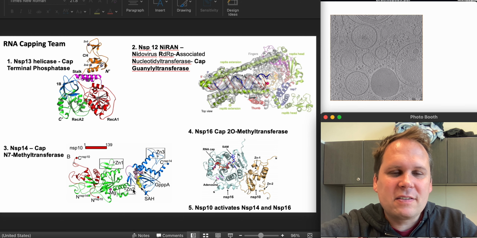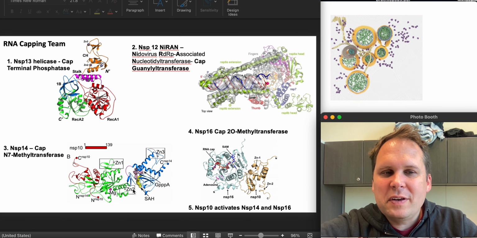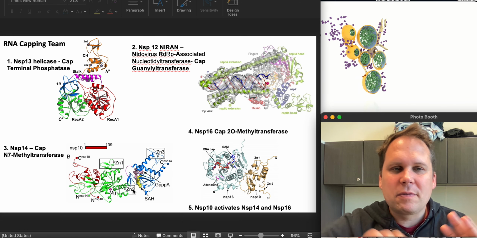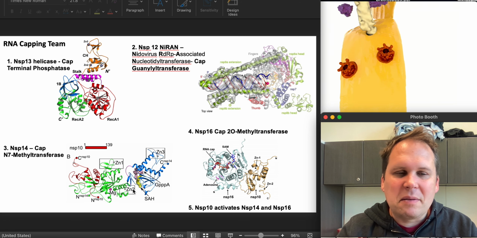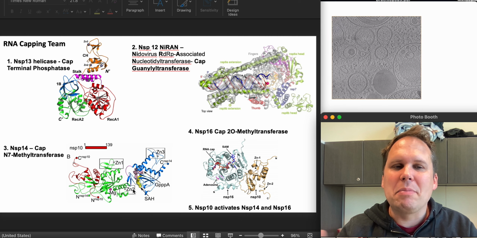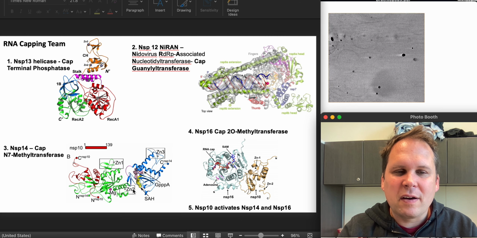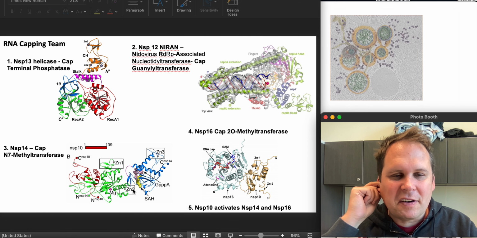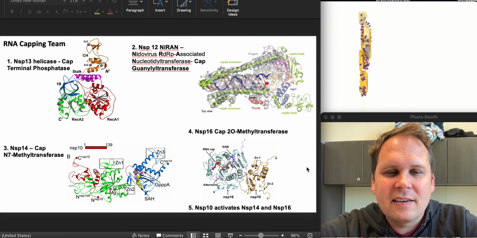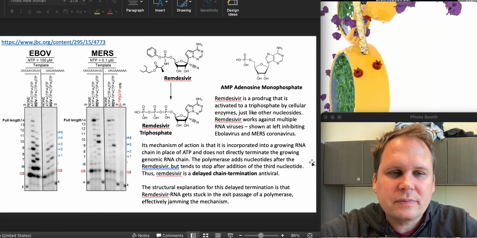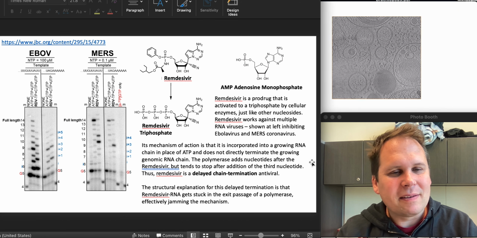And yeah, so those 5 things are the capping crew, as far as we know. And they're all going to be associated with the rest of the replicase proteins, which is why we think this all happens in the same spot, and probably they're going to cap as soon as they are able to cap, which would mean at the very beginning of RNA synthesis or after it's just started but hasn't gone very far. This is most likely. All right, let us go. So that was capping.